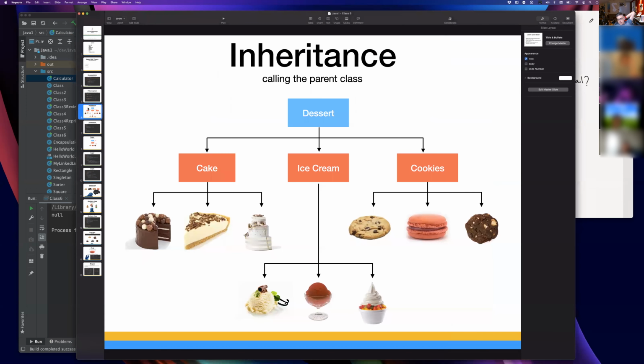And this is where we then go into inheritance. With inheritance, we briefly touched on it in the previous session because we modified the square to become a rectangle and the rectangle to become